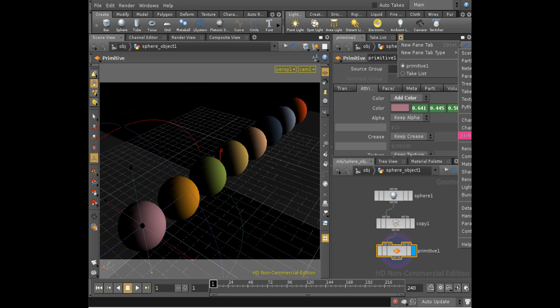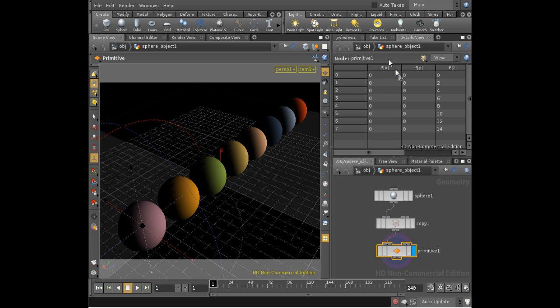details view here, that allows us to see the attributes that are on the points and so on of this object. So here we are at the point level, and we can see that although we've got position information, we don't have colour. If we go up to the primitive level, we do have colour. That's what this Cd attribute is. Cd0, Cd1, and Cd2 are the red, green, and blue components of colour, and we added those using this